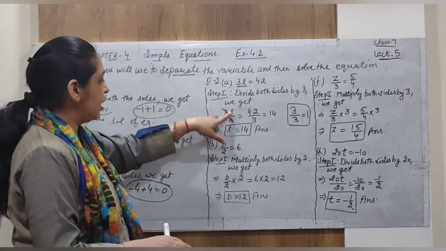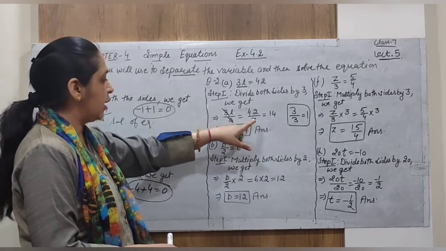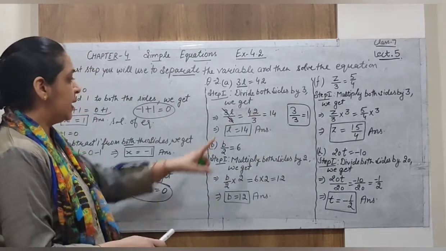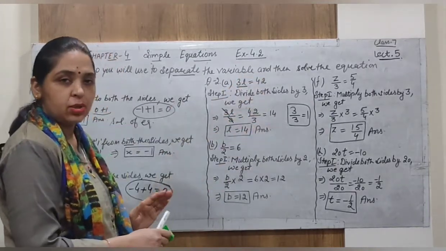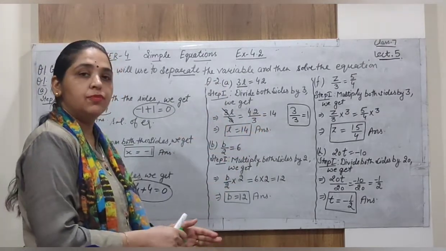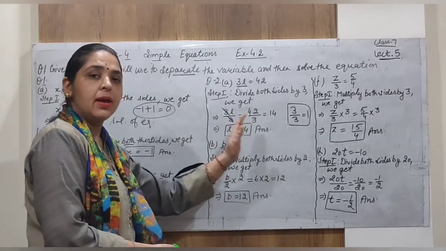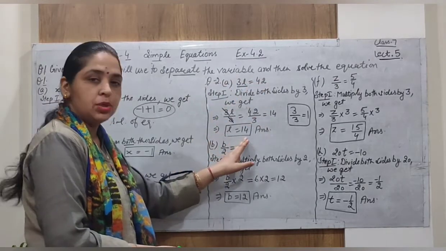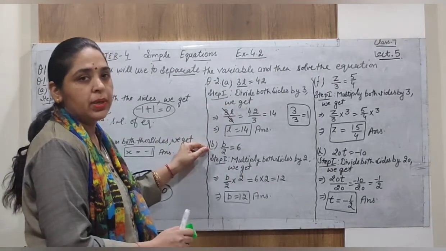So L is equal to 42 divided by 3. What do we get? When 3 divides 42, we get 14 on the right hand side. So some changes also happen on the right hand side constant along with the left hand side. These changes happen for the balancing of the equations. Here the equation is again balanced. So if 3L is equal to 42, L is equal to 14. That is called the balance of the equation.